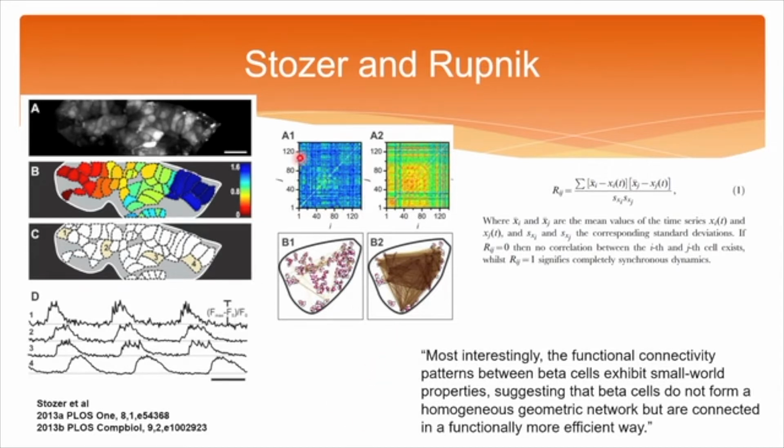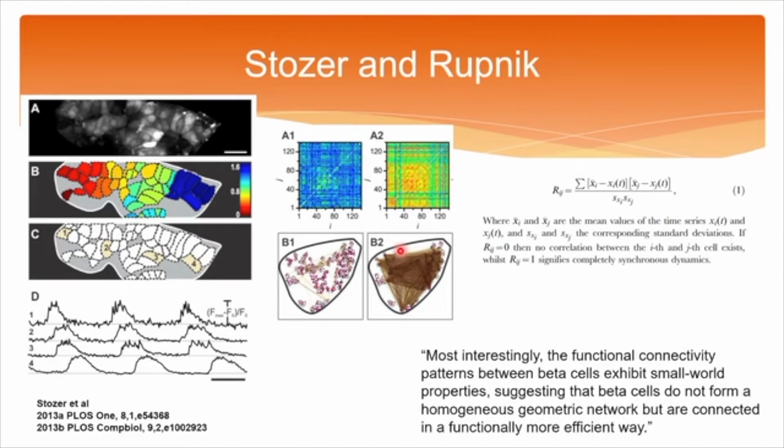And he undertook some correlation analysis, essentially Pearson R-based correlation analysis, looking at the calcium time courses between each beta cell in his cross-section and every other beta cell, and developed these now quite famous heat maps which describe pan-islet